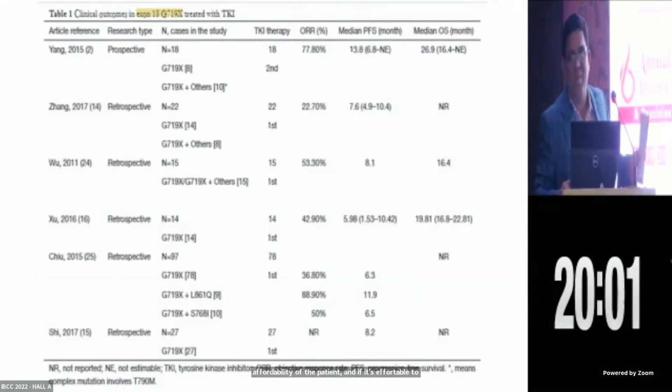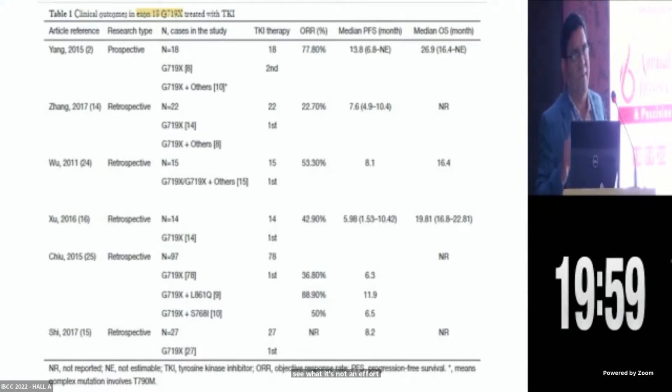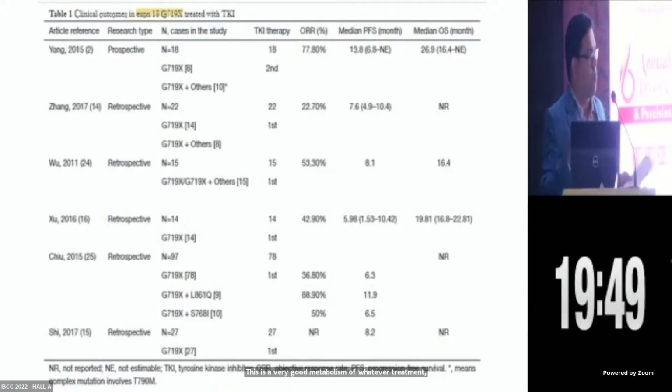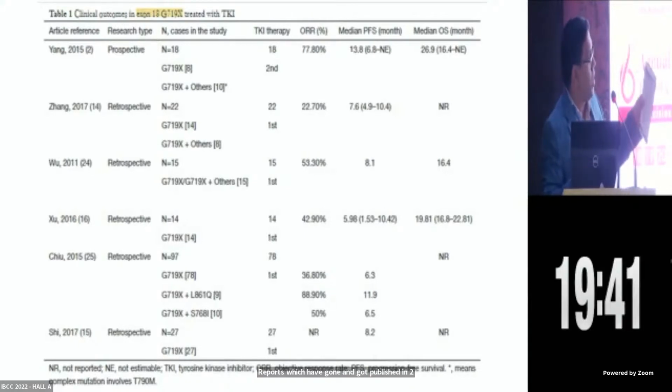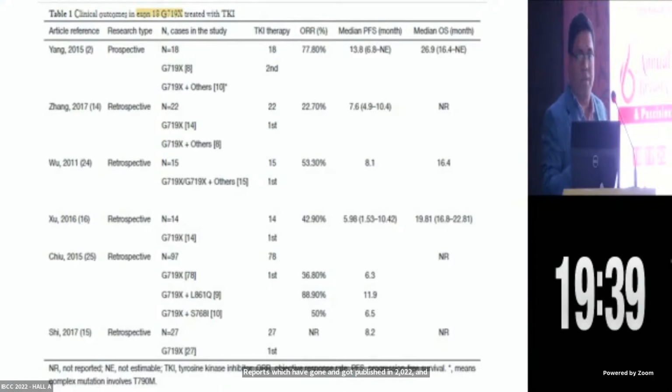So I actually dissected the evidence for this, and this is a very good meta-analysis of whatever treatments. I would recommend people to read this meta-analysis. The author has formulated not only all the retrospective series and the prospective ones, but also the case reports which have got published up to 2022. And what you could see is that the only prospective data comes from the Yang study, which both Rakesh and Ankit alluded to,